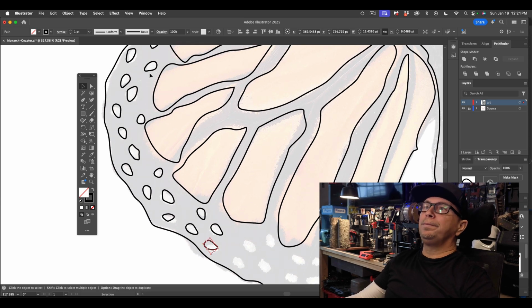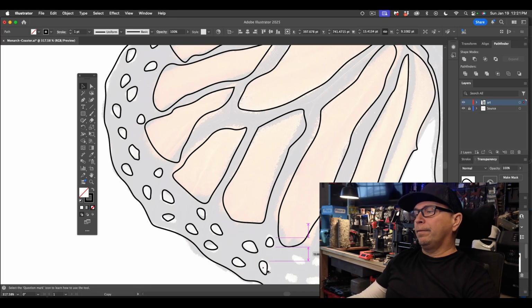That'll be interesting. So there's that. And so now I'm almost done with rotating my different parts around. I'm moving the pattern around. I'm looking at which spots are really flowing with this pattern, holding my Option key down and moving the